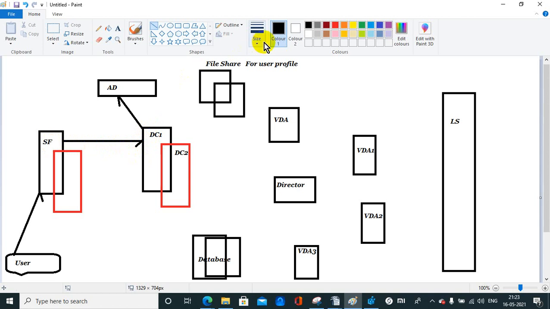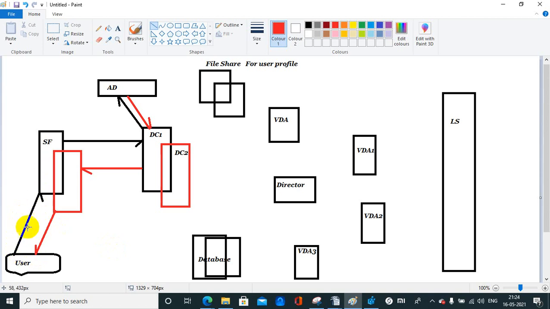StoreFront will send the detail to the user. In this situation, the user will get authenticated.